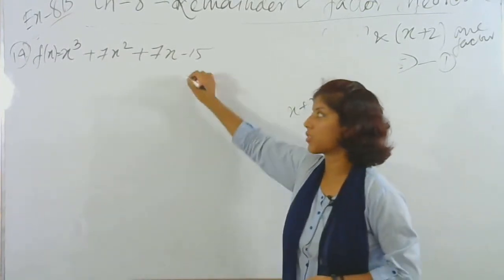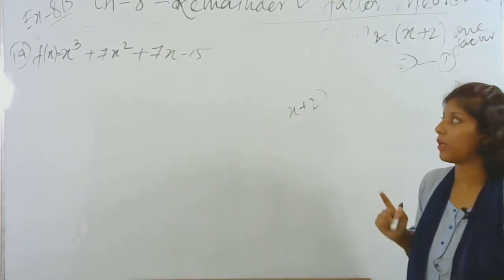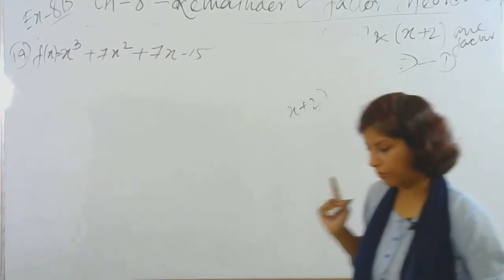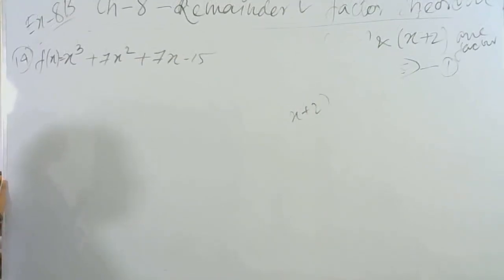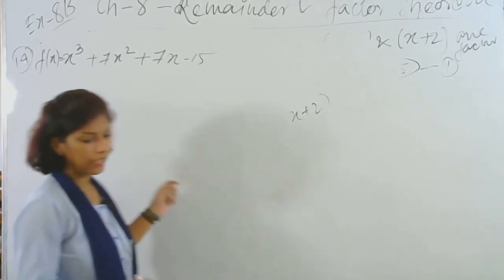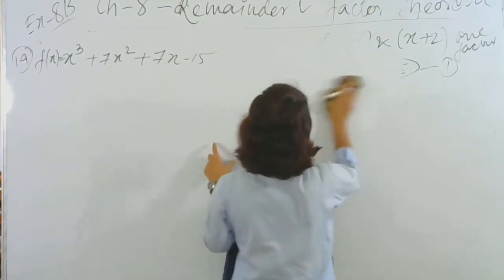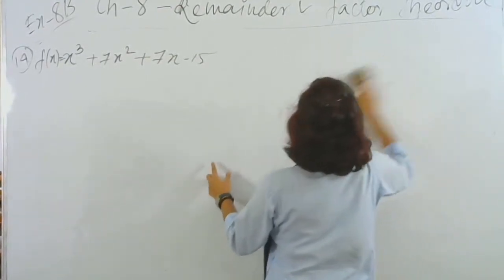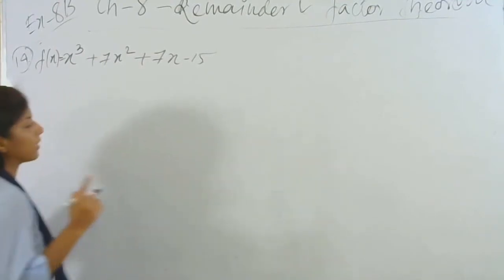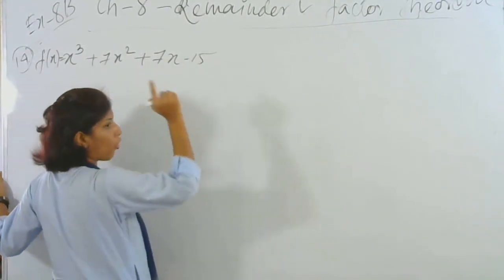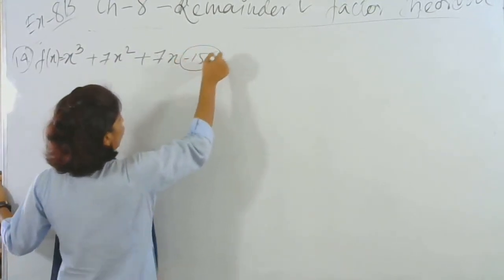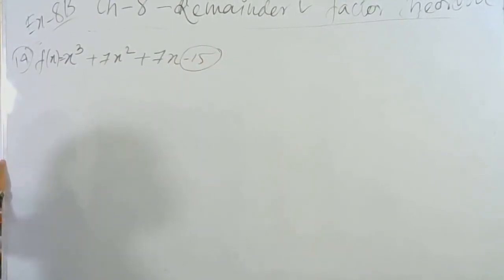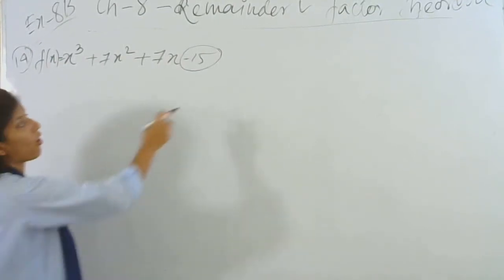Always remember, in such a case, the first factor will be found by the hit and trial method. Now, how will you do this hit and trial method? See, we'll check the last number. What is the last number? That is the constant. By last I mean the constant term. What is the constant term over here? Minus 15. So in the hit and trial method, those numbers will be only the factors of this.